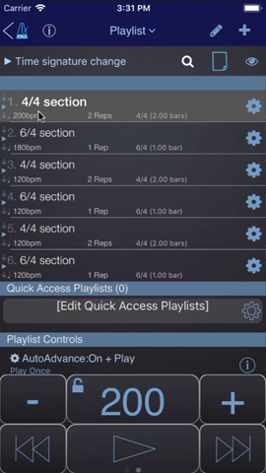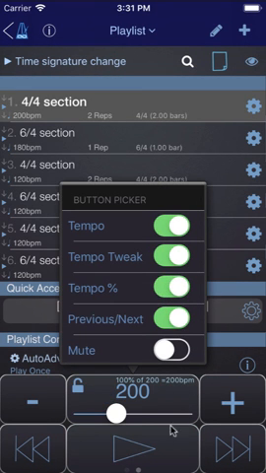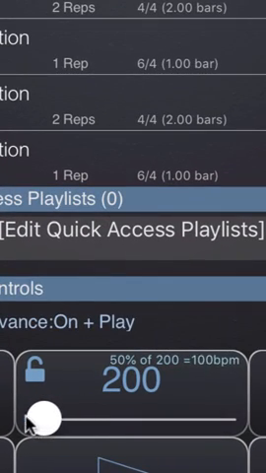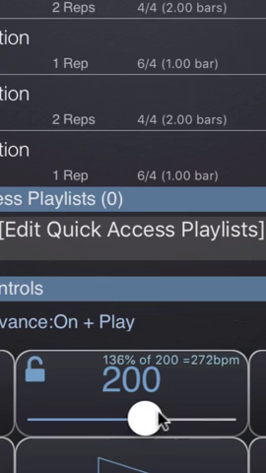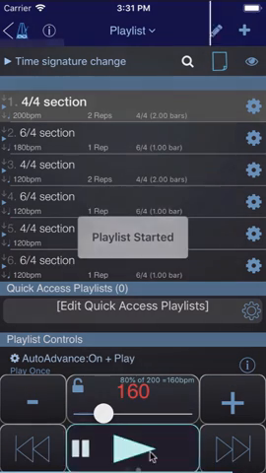But if you have sections that are at different tempos and you want to change the whole tempo but in a relative manner, you can do that by tapping and holding the play button and turning on tempo percentage. And this will give you a slider, and as you move this slider, you will change the relative tempo of the whole playlist. So if we play this back at 80%,